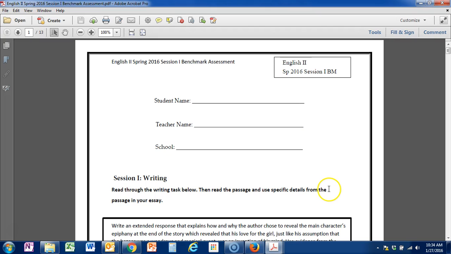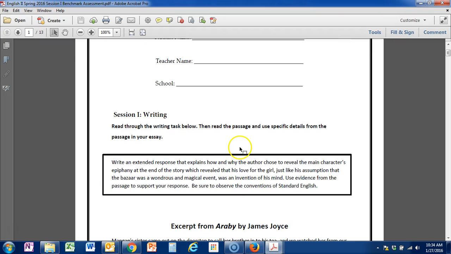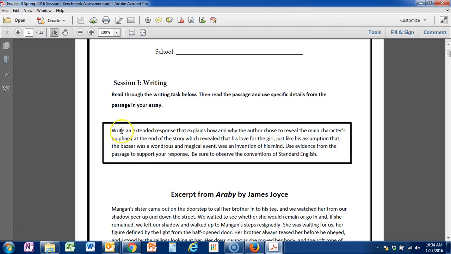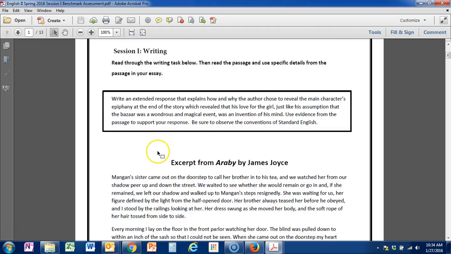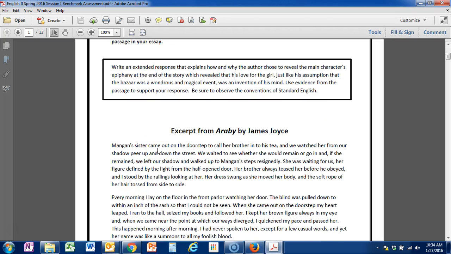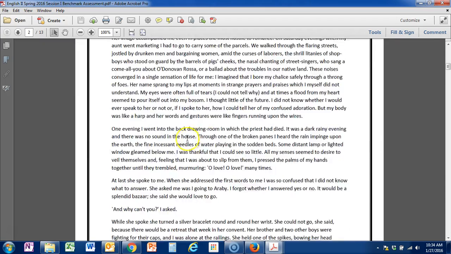This is the front sheet of the exam that students will see. On the top, they can fill in their name, their teacher's name, and their school name. Session 1 of the exam is the writing portion. The students will read the prompt, which is located right under the directions, and then they will prepare to write an expository essay by reading the passage below. So they will read the passage,